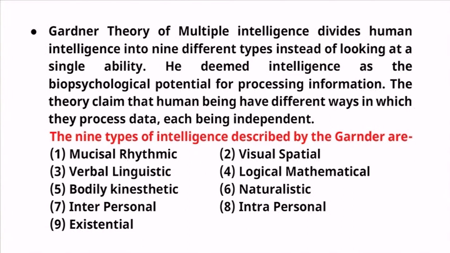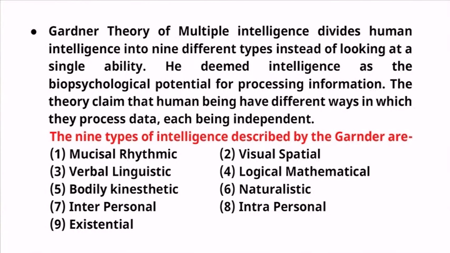Spearman says general factor and specific factor. Thurstone says seven factors, the primary mental abilities. Then Cattell says fluid and crystallized intelligence. So many theories of intelligence have come. But one theory, given by Gardner, is known by the name multiple intelligence theory. That means Gardner believed that there are various types of intelligence. Now, we will see that theory and whether we find gender discrimination on these factors or not.